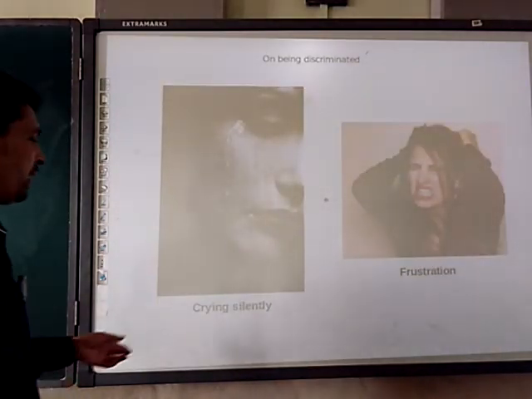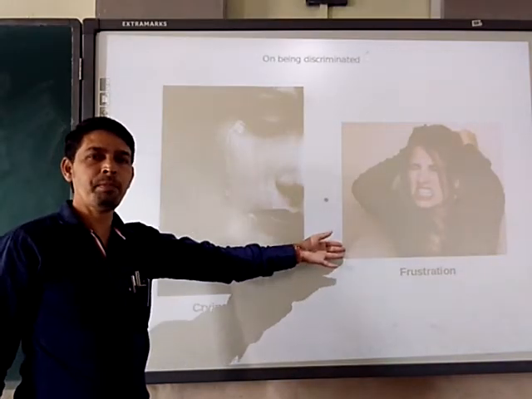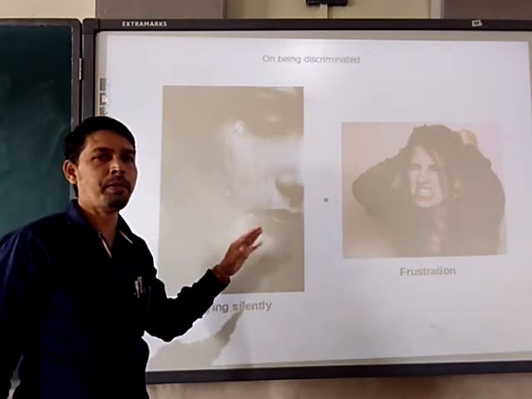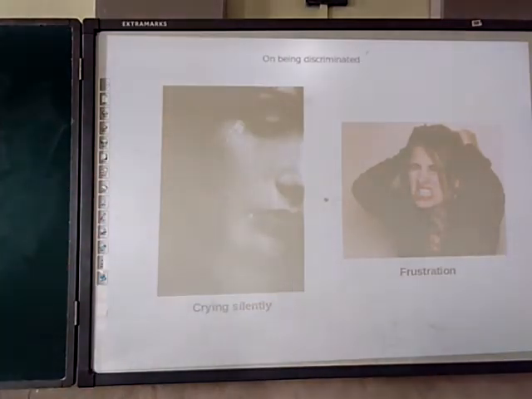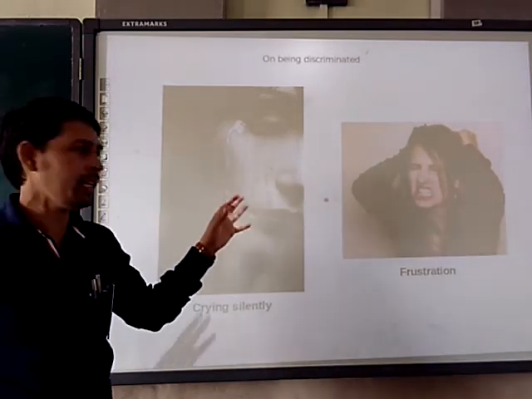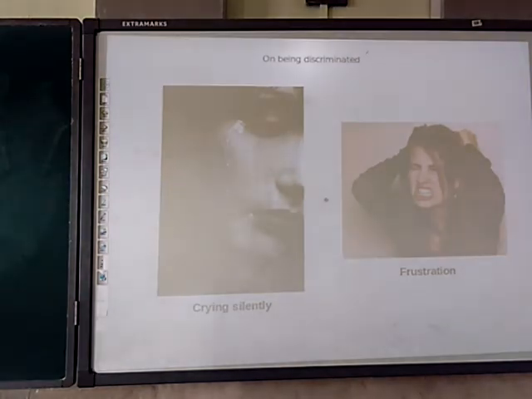on being discriminated, crying silently and frustration will happen to people if we discriminate against them on the basis of caste, religion and so on. By seeing the photograph, you can easily understand what is going to happen to the life of any individual we discriminate against. Frustration will be there and they will cry in silence. Next,